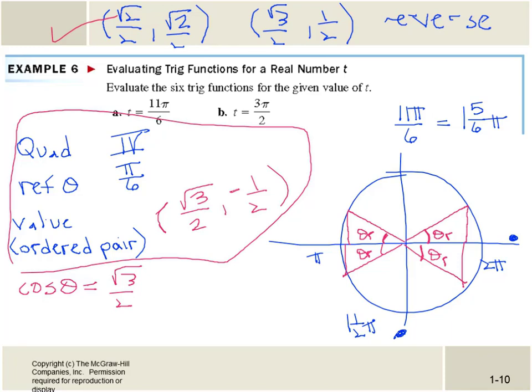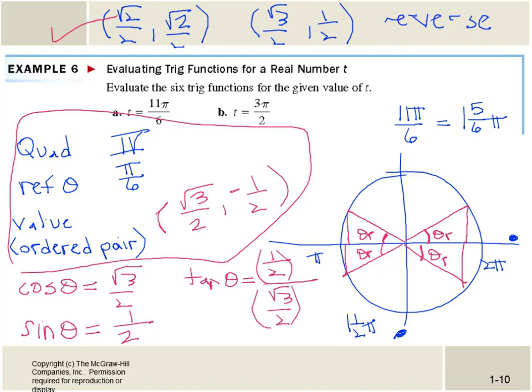My sine, which is my y value, is 1 over 2. My tangent of theta is equal to 1/2 over the square root of 3 over 2, right? That's y over x, and this becomes,